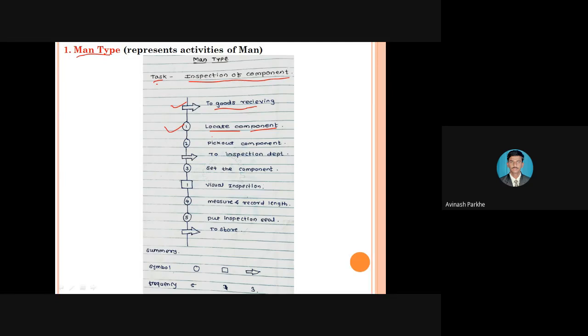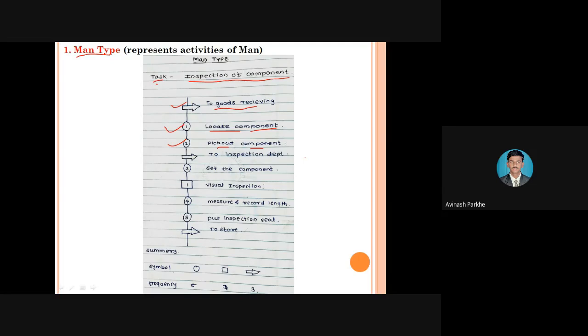is performing one operation. Which operation? Locating the components on the inspection compartment. Now that operation can be represented by using this particular circle. Then second operation, pick up the components. Second operation, once he has located that particular component, then he has to pick up that particular component, or maybe